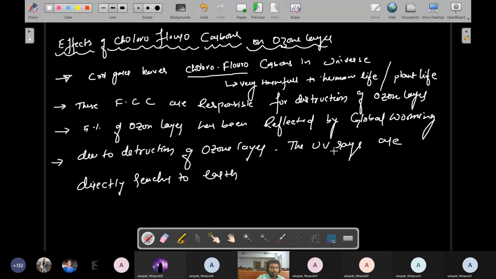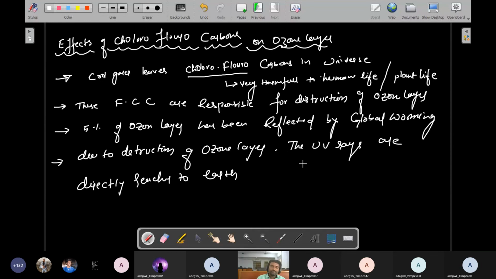What will happen if the UV rays directly reach the earth and are directly focused on humans or plants or animals, whatever it may be? These UV rays, ultraviolet rays, are very harmful because they create some cancers. Some cancers are formed because of these. Okay, so this is the concept of the effect of